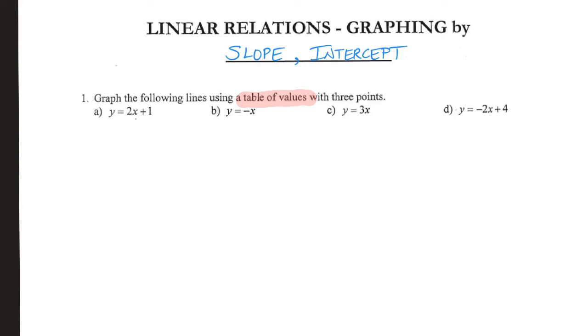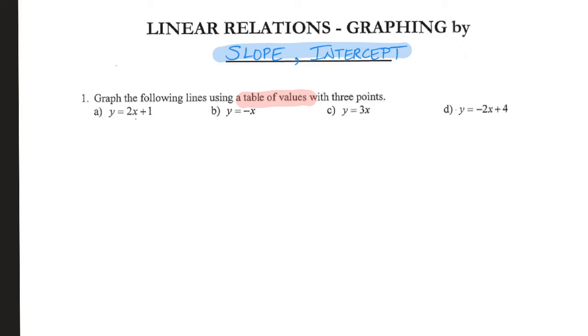Since that last section, we hopefully got pretty comfortable using a table of values. What we want to do now is be quicker, more efficient with being able to graph a line. So we're going to address graphing by a method called slope intercept. Now, to start off with that, we need to be able to work our way through that table of values